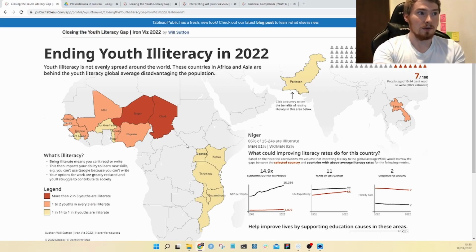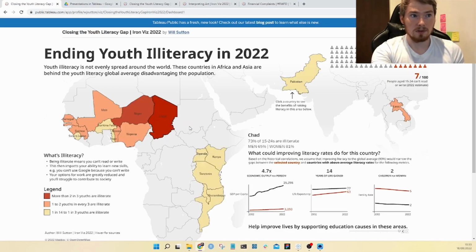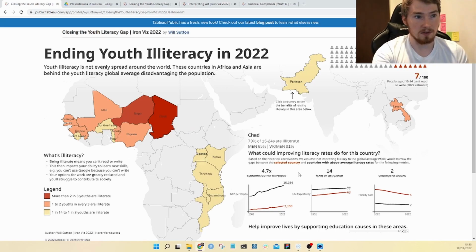So we can tell in different parts of the world, for example Chad, we know that 73% of young people are literate, and there's gender disparity again, but we can see the actual change of what could happen for this country. They've got to that global average of increased economic output, living 14 years longer, and having fewer children per woman.